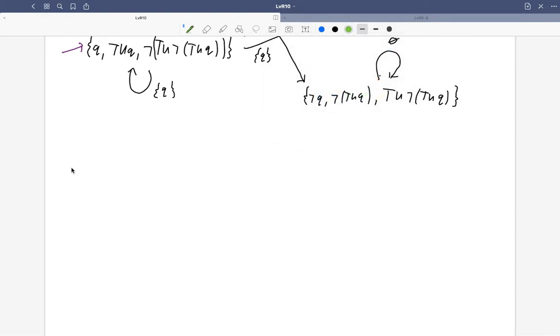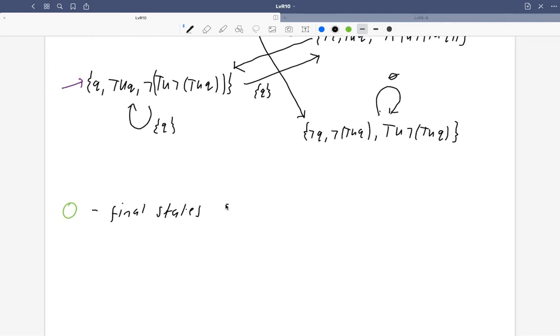So green is going to be accepting final states for true until not true until Q, and orange final states